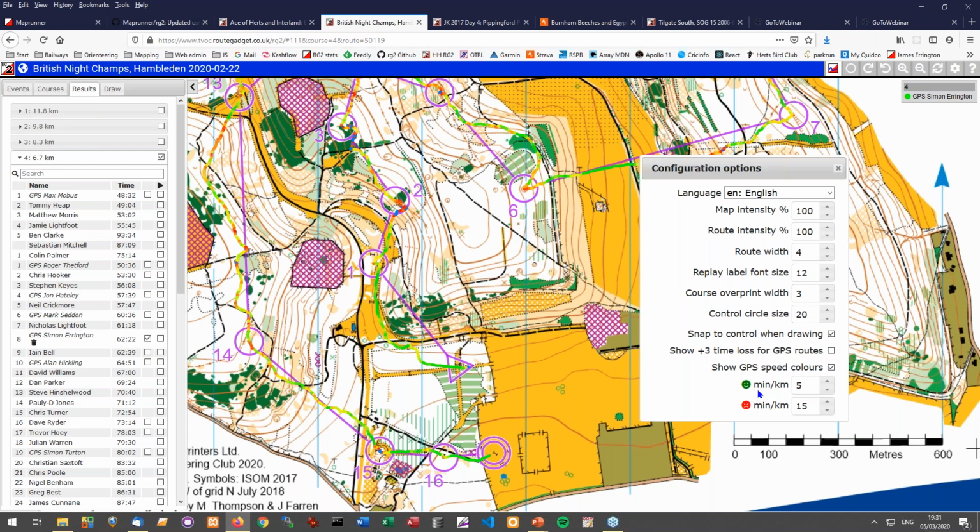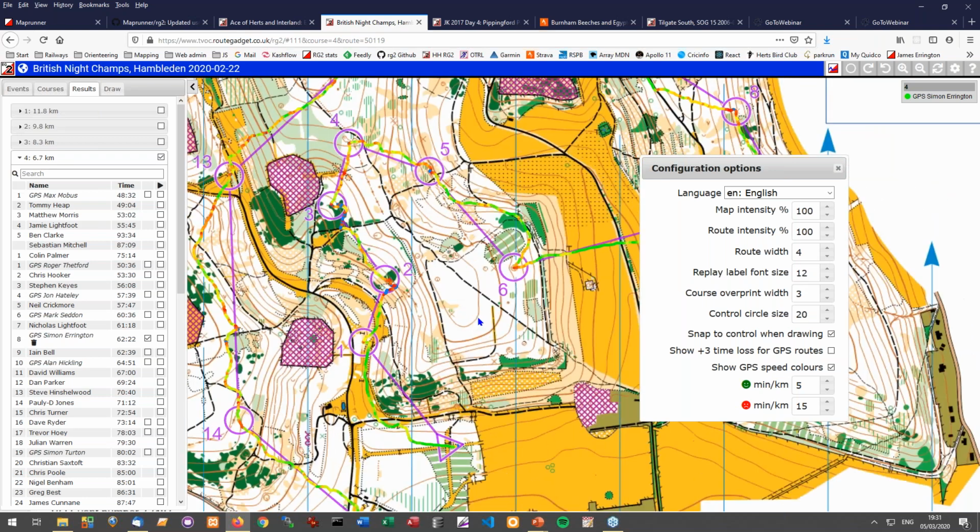If the map is georeferenced, these speed colours are now actually correlated with speeds. So what you now get is a range between green, meaning whatever you set for the minimum fastest speed per kilometre you want to look at, red for the maximum, and anything that's worse than that is blue. So even with the default settings, 5 minutes a kilometre is pretty fast in a forest, and 15 is still reasonably fast for some people moving through some of this rough stuff.